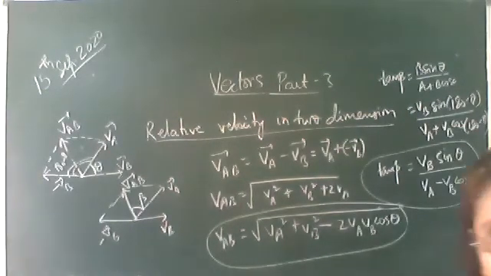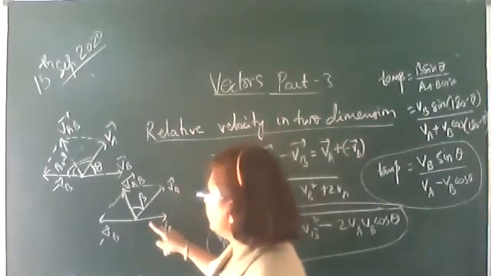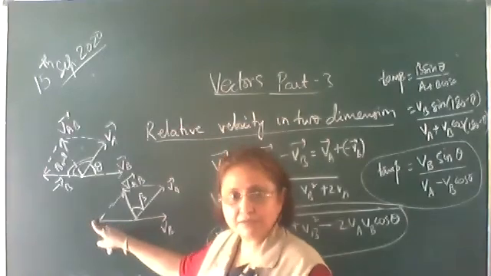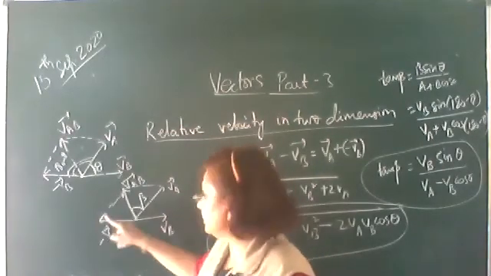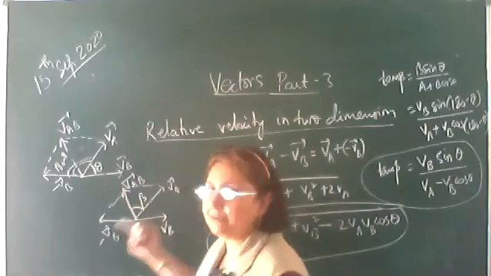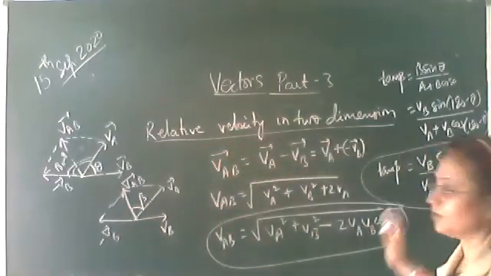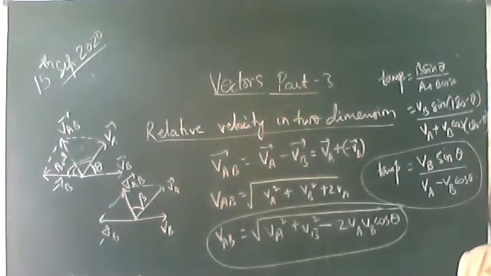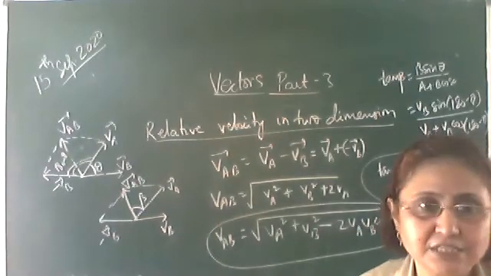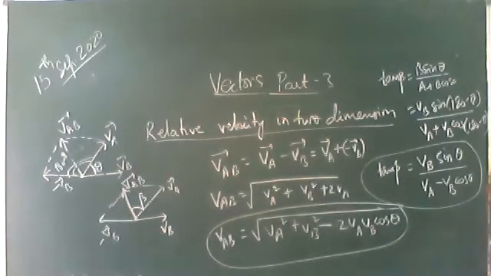Yes, ma'am. Okay, the only thing, VA minus VB vector. So you will draw one vector, minus VB vector. Now the angle between VA and minus VB will be 180 minus theta. So wherever theta is there, you have to put 180 minus theta. So you will get sin 180 minus theta, which you will take as sin theta, cos 180 minus theta, minus cos theta. So here you get the relative velocity of one object with respect to other in 2 dimensions.